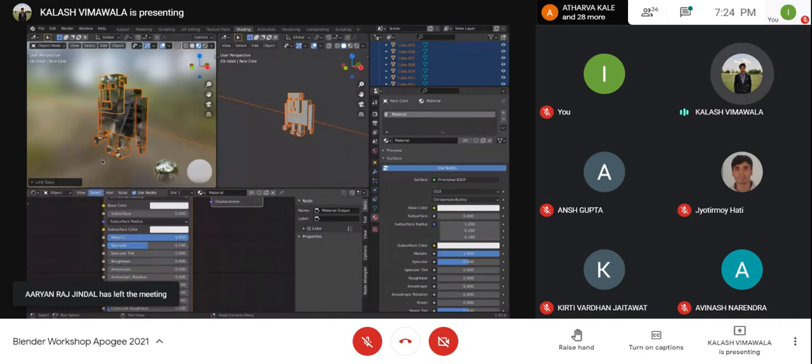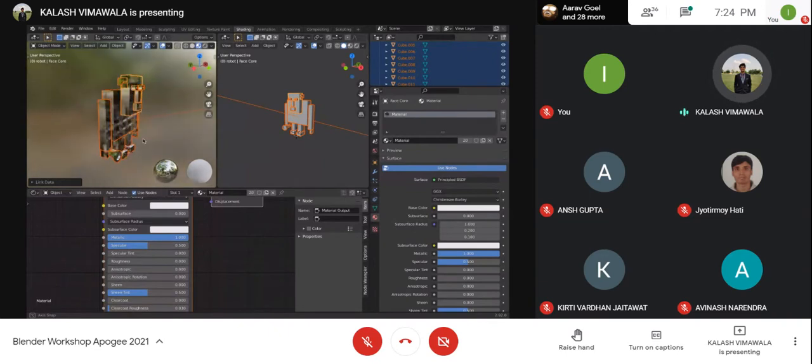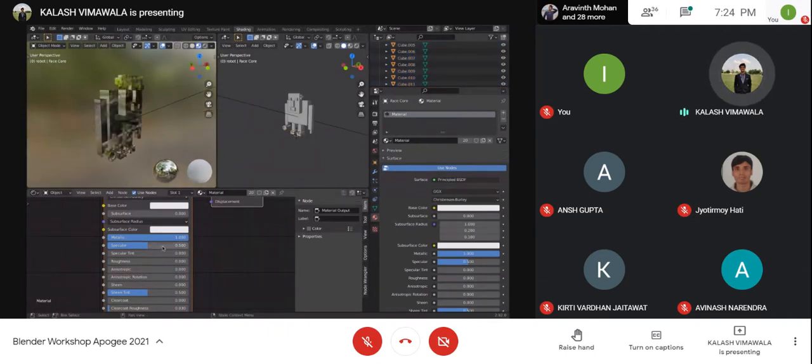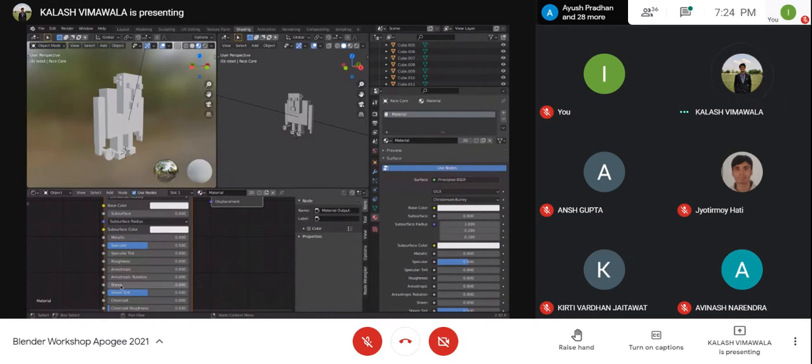And see, I have zero roughness. So this is a completely metallic and completely smooth material that I've applied on this. Now, if I decrease metallicity, you'll see that it does not reflect light as such. Now, if I keep it metallic but increase roughness, this is how it looks like.